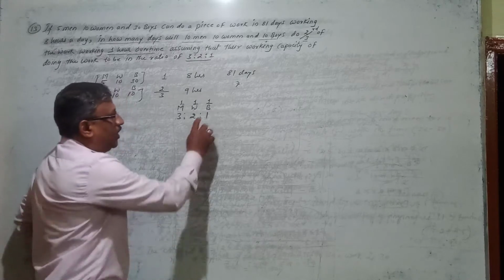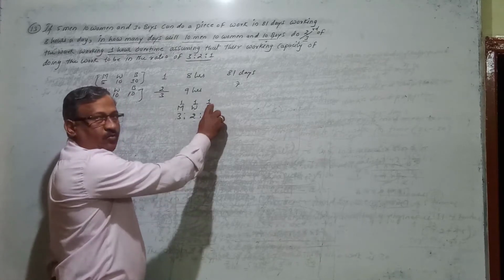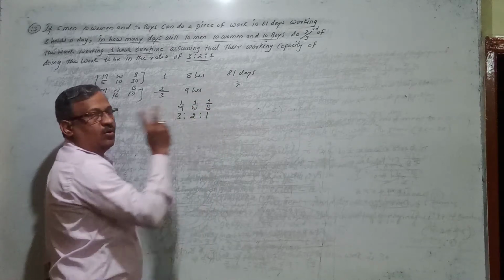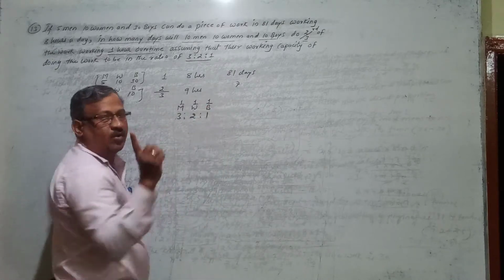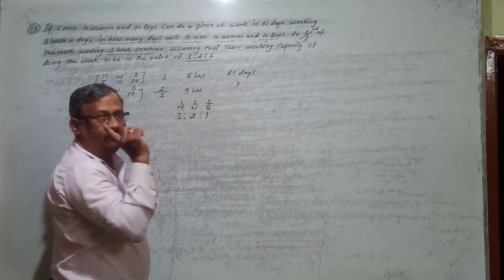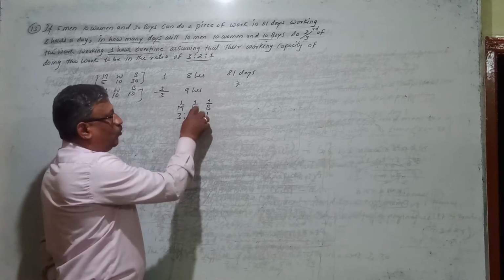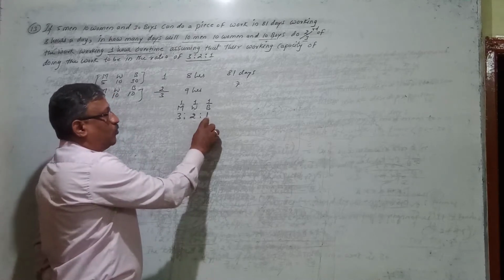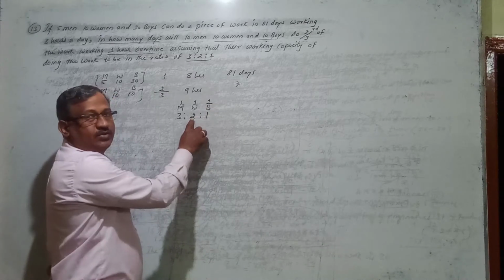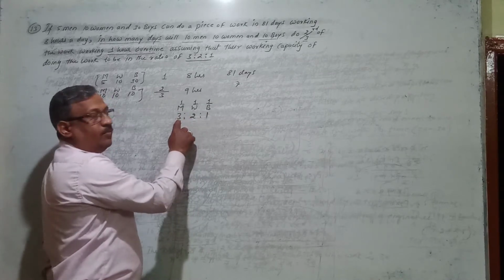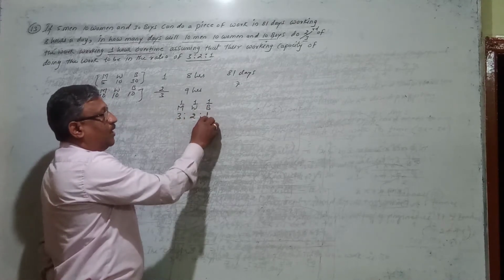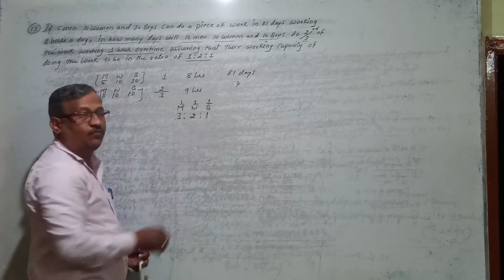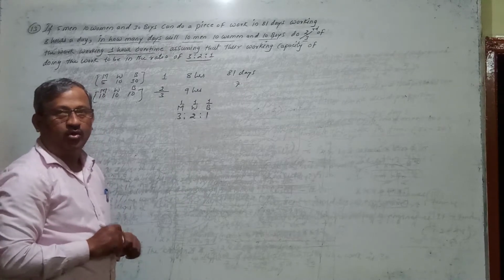The meaning of this is, if one boy works 1 time, and one woman works 2 times, it means one woman does the work of 2 boys, because 1 time means 1 boy. And one man works 3 times, so if 1 time is equal to 1 boy, then 3 times means 3 boys. Whatever ratio they have given, this is the ratio in terms of boys.